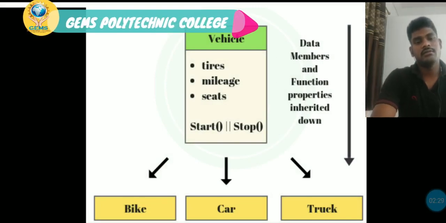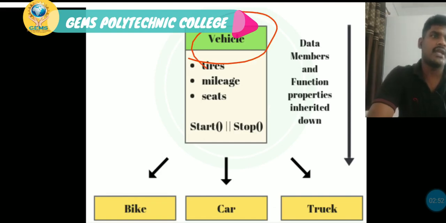I said sharing of properties, acquiring of properties from one class to another class. How are the classes sharing properties here? Sharing is nothing but acquiring. So here, acquiring means, for example, vehicle is a class.